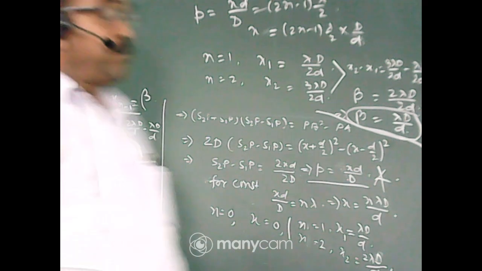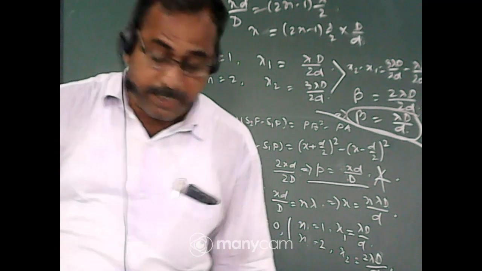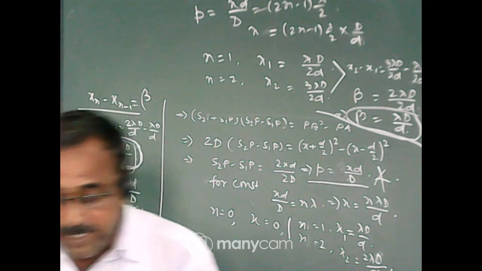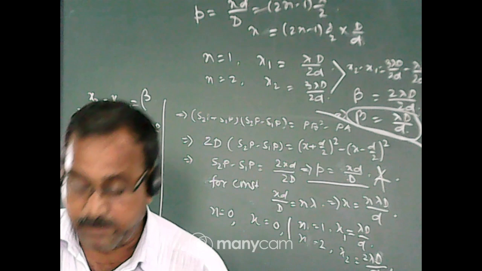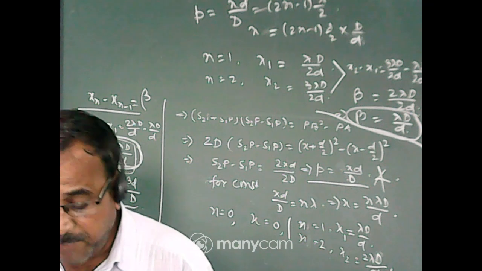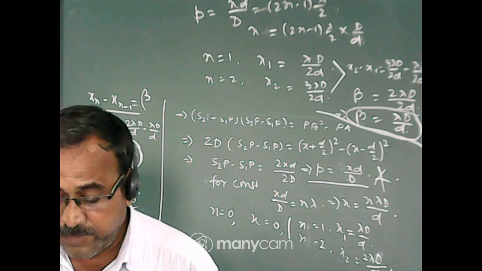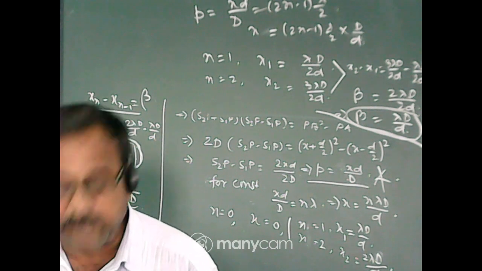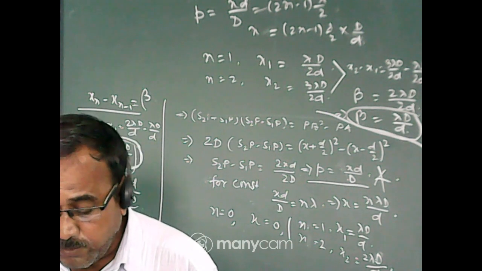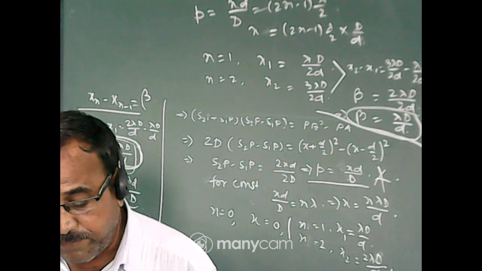So you can find out the fringe width. Also you can find out the value of the wavelength of the incident, that means the monochromatic wave. So my dear student, you see, since the central point O is equidistant from S1 and S2, the path difference p for it is 0. There will be a bright fringe at the central O. But as we move from O upward or downward, alternate dark and bright fringes are formed.